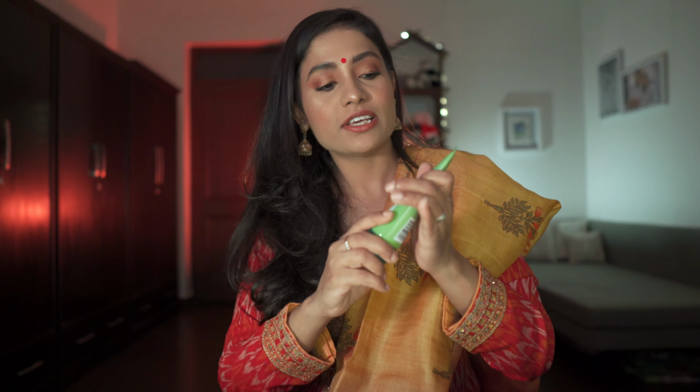Absolutely 100% recommended and very decently priced. If you are looking out for a good face mask that is going to give you an instant glow within just one use, just try out this one from Jovi's. I absolutely love it. My next face mask that I have to share with you guys today is this one